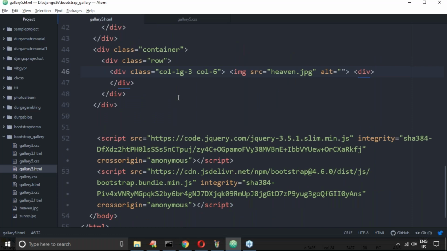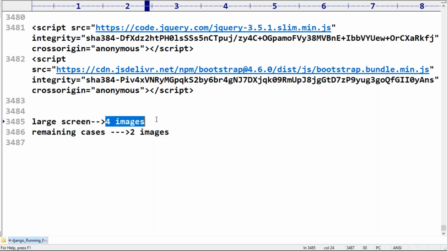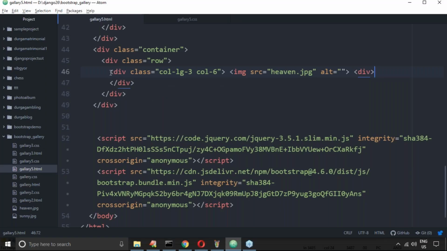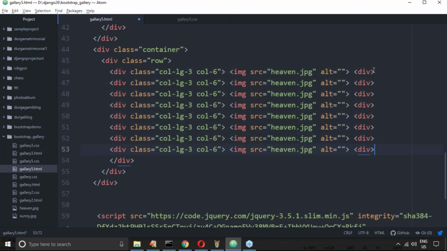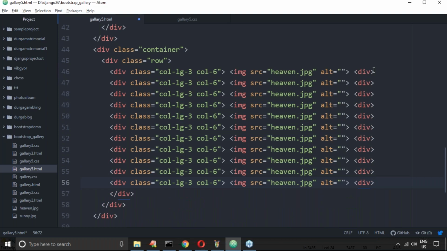Okay, how many images do you require? Four means, on the large screen, 4 images means 3 rows. 3 rows means 12 images I have to take. 1 2 3 4 5 6 7 8 9 10 11 12.